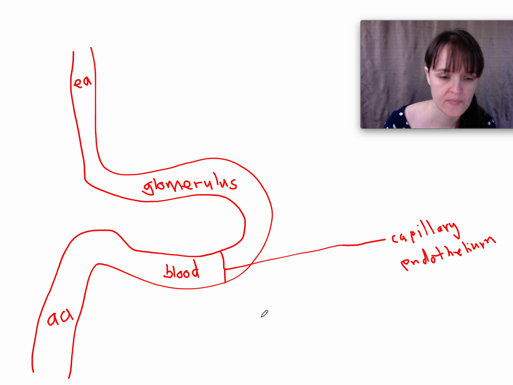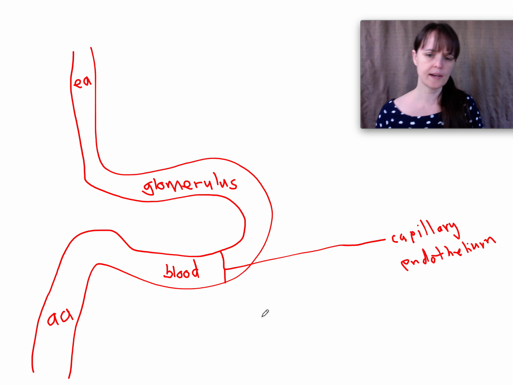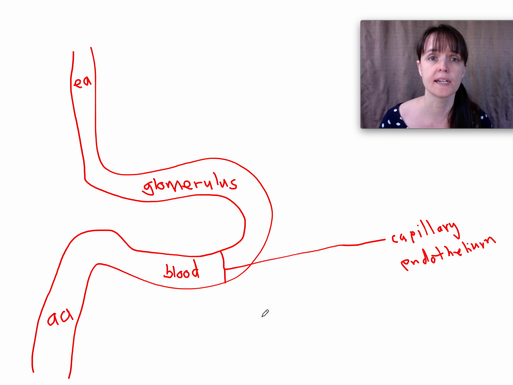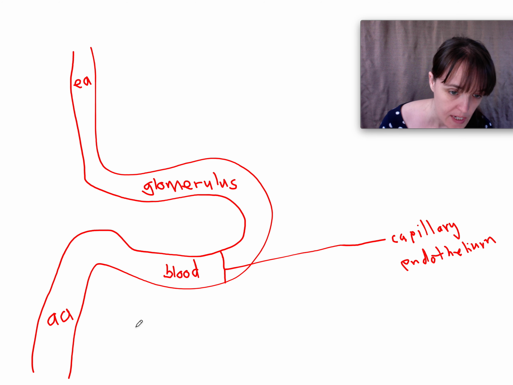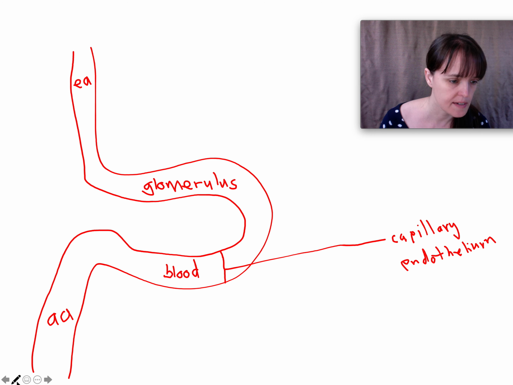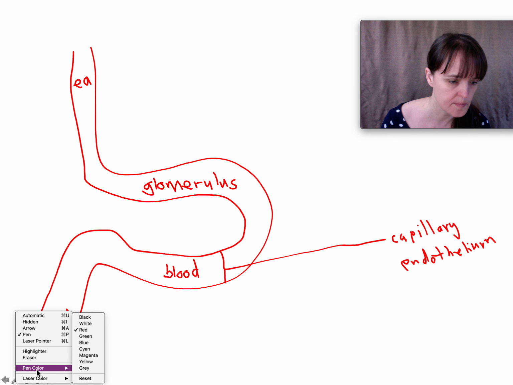There we go. Okay. And as you recall, those are fenestrated capillaries, so they have holes in them. So the whole knot is a glomerulus, and the cells that make up the walls of the glomerulus are capillary endothelium. Now, surrounding the capillary endothelium,